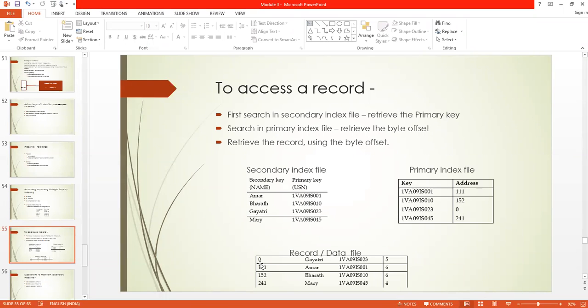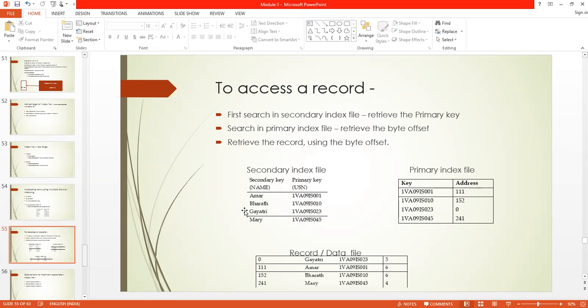How to go to the 0th location? I use seekg, because I'm going to read the record, so the get pointer has to be moved. seekg(0, ios::beg). So I go to this location and retrieve this record.